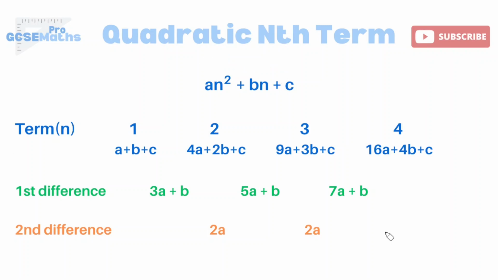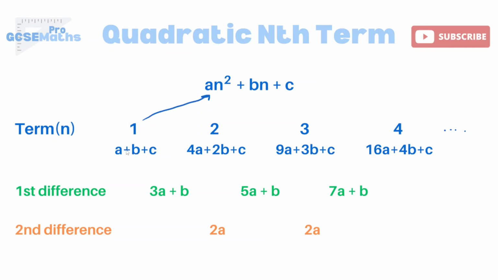Now, if you'd seen the first video on linear nth term, you will know that n represents the term number, doesn't it? That's why you can see here 1, 2, 3, 4. That's not the sequence, that's just term number 1, term number 2, term number 3, term number 4. Because we know the format of the nth term expression is going to look like this, when I substitute 1 as n,